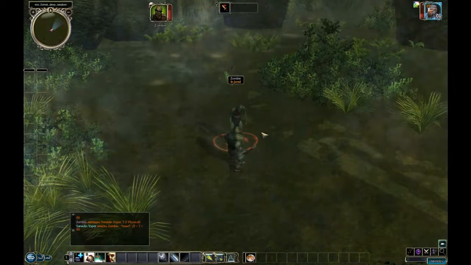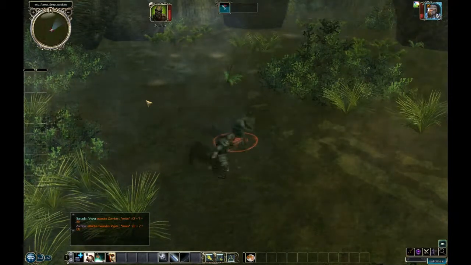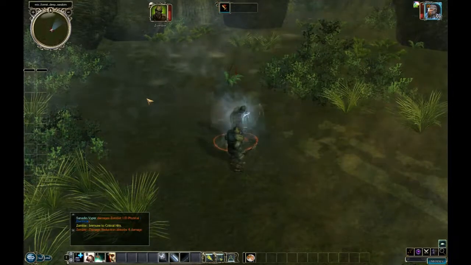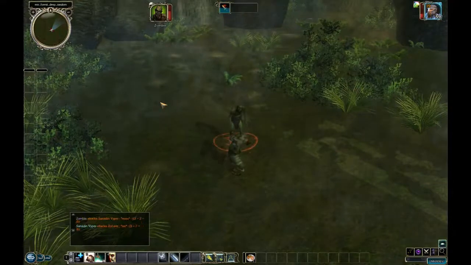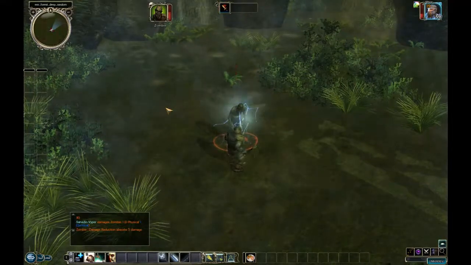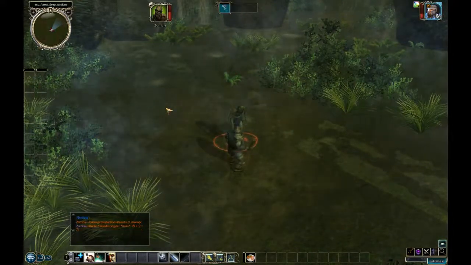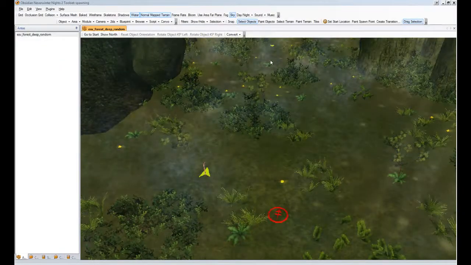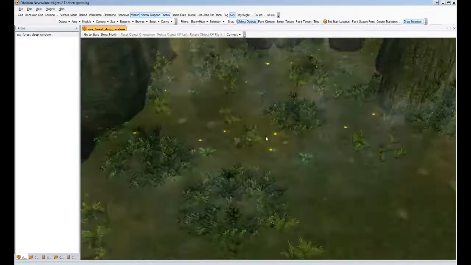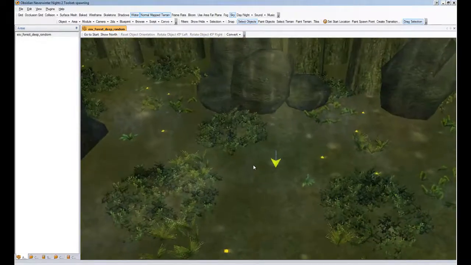So again, I'm not going to sit here and wait the entire time for these guys to respawn. That'll just take too long. And go back into the tool set and see what else we can do. So we'll see you back in there. Okay, so we're back in the tool set, and we're going to demonstrate the next part using the same one